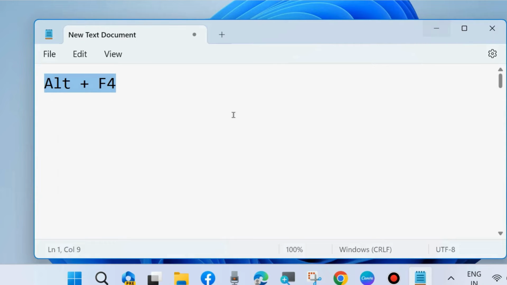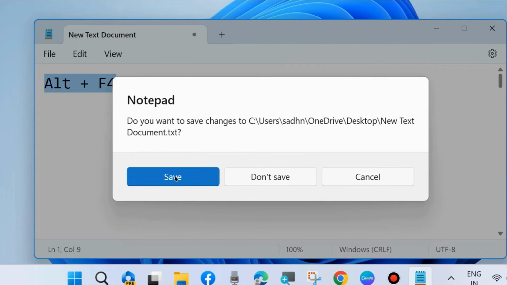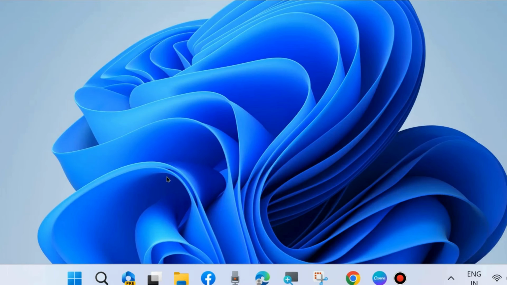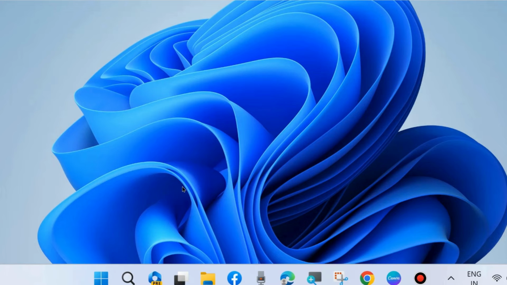The second one is... the second method is press Control plus Alt plus Delete. This is the second way to restart or shut down your PC using keyboard shortcuts on your Windows 11 and